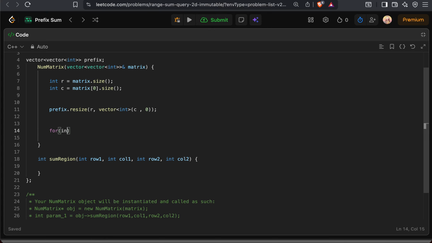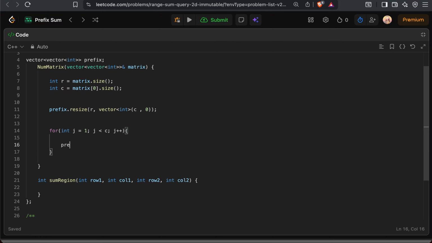For int j is equal to 1, j is less than columns, and j plus plus, prefix of 0 j is equal to prefix of 0 j minus 1 plus matrix of 0 j. Okay,